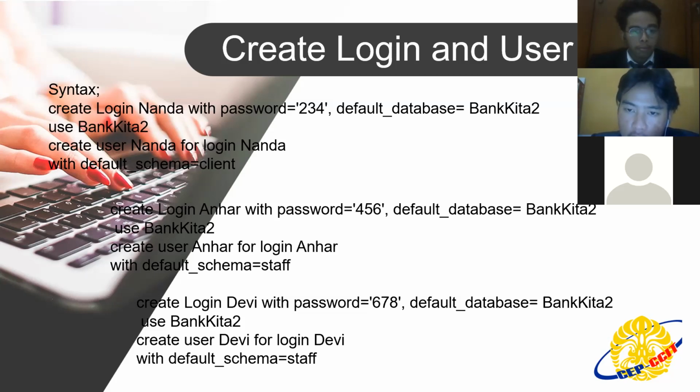For create user Nanda, you must search the name Nanda for login Nanda, entering the password with default game client. This is for the access client. Nanda is the